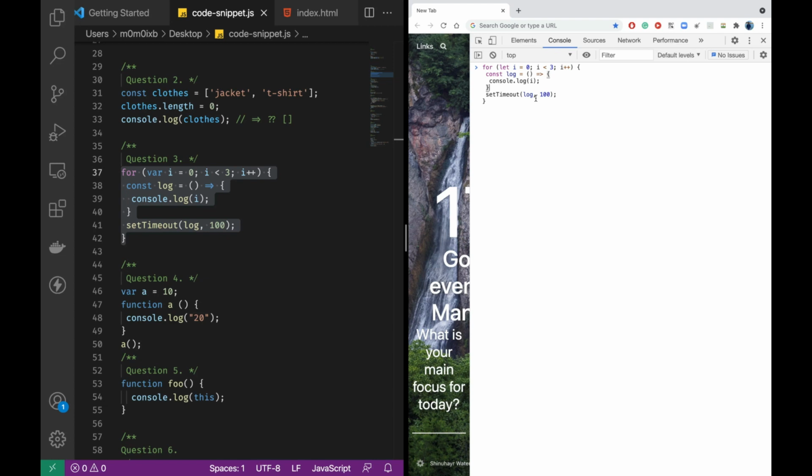But we can, because those refer to different blocks. Once the first iteration completes, that's one block, then the next iteration completes, that's the next block. So likewise, we can have three i's.